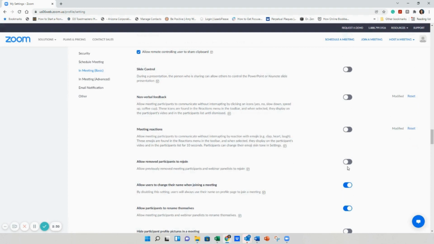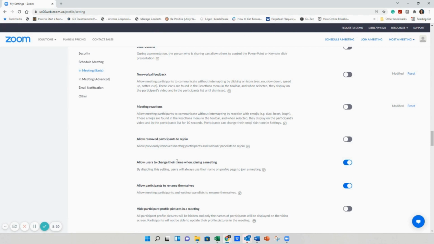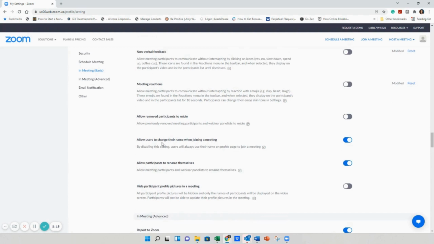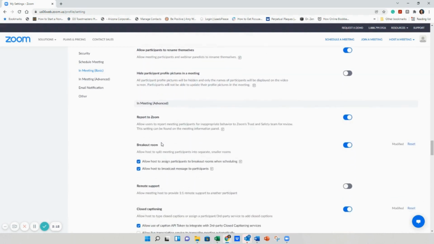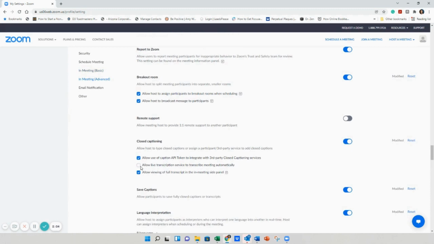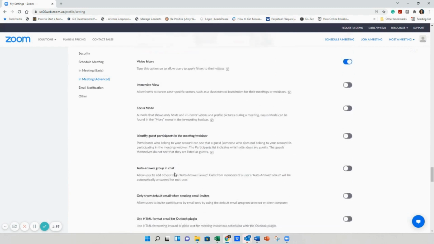And then we want to disable allow removed participants to rejoin. If you do have to let somebody out of the room because they're doing something inappropriate or you have a Zoom bomber, we want to make sure they can't come back. And then breakout room, you want to make sure they are both enabled and all enabled. Closed captioning, we want to make sure all three are enabled. And then when you get under meeting,